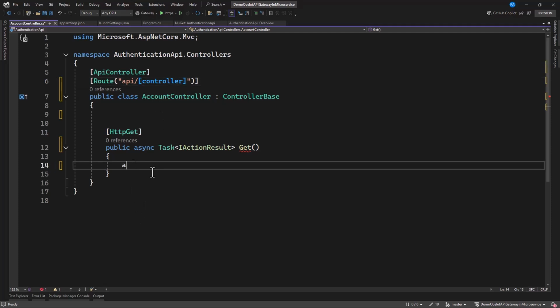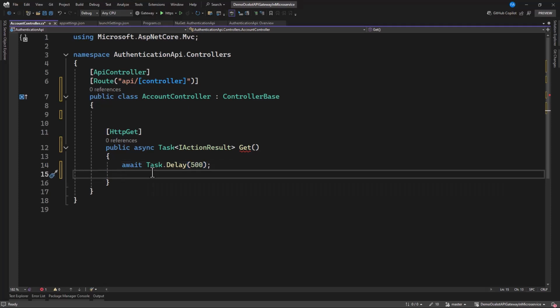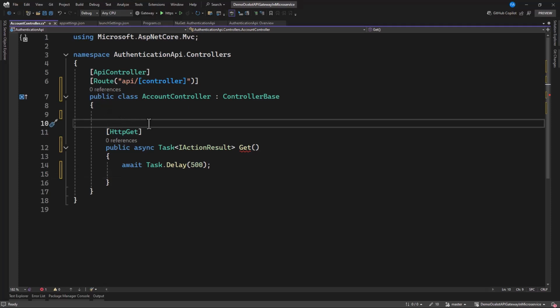Okay, so maybe we can have an await Task.Delay. Let's delay this by 500 milliseconds. And aside from that, let's create a private variable to handle the list of users in here.